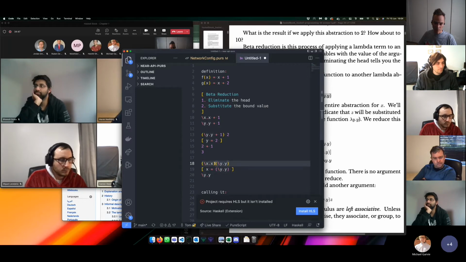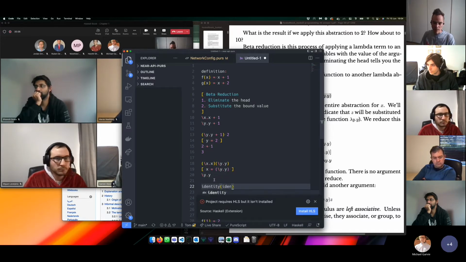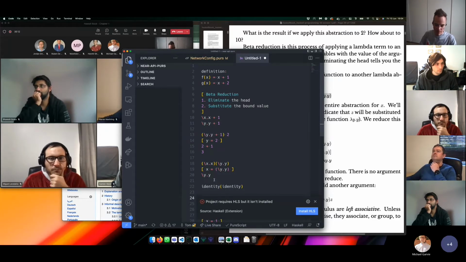So this lambda y.y thing became x, and we substituted x everywhere on the left, and so we were left with y.y because it's the identity. So it's like saying we call the function identity and we passed in identity to it. You know what I mean? And so that returned, like, let's write the